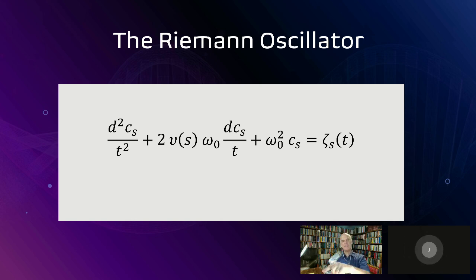The term on the right, the zeta sub s, that would be the forcing function. That's telling us how, in other words, I'm having somebody push this swing a little bit. That's a good example. I was looking for an analogy. A swing. Yeah. So a swing without being pushed would not be a driven harmonic oscillator. Right. And that's what makes it driven. Correct. There's an extra person, an external force, that's pushing and maintaining it.